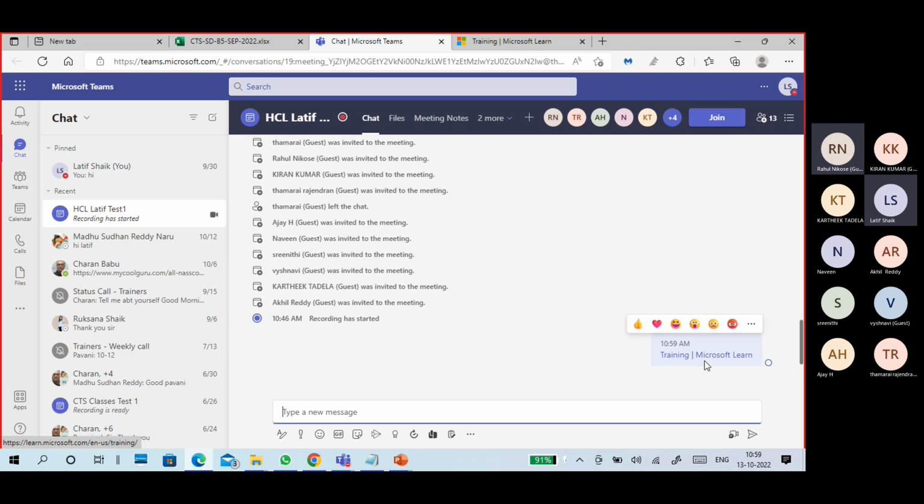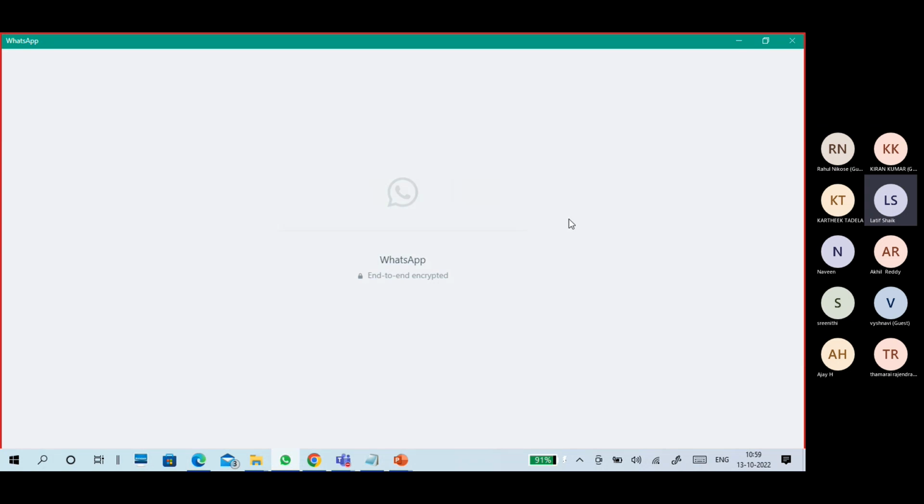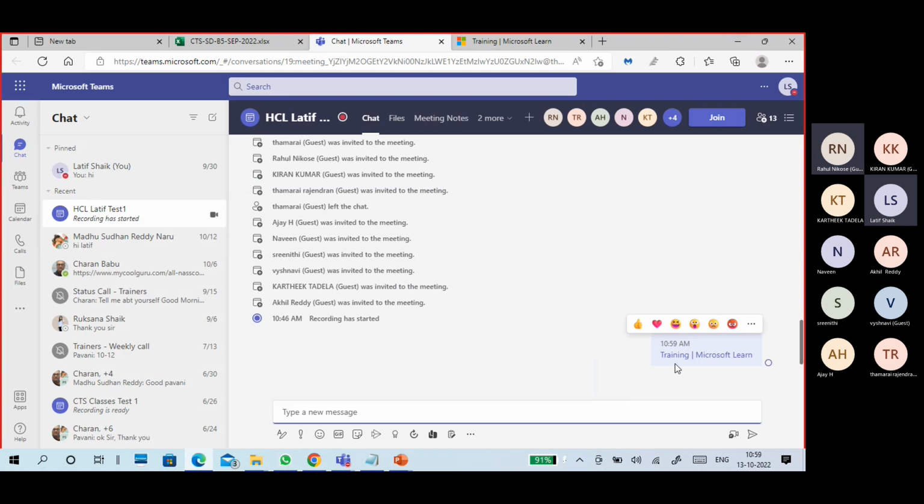The link is there, but it's not showing that link. You can open that link. Anyway, I will show it through WhatsApp also. Okay,